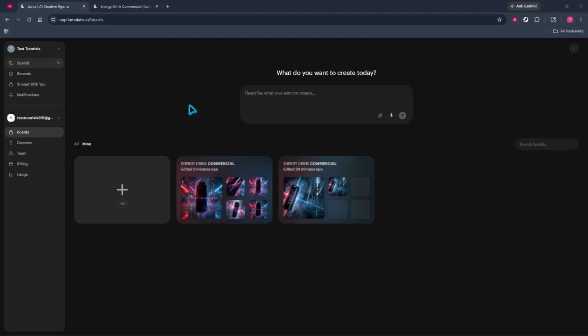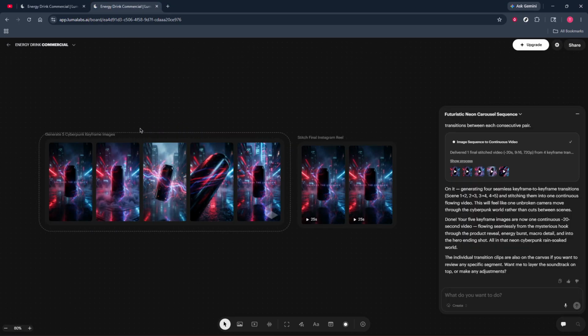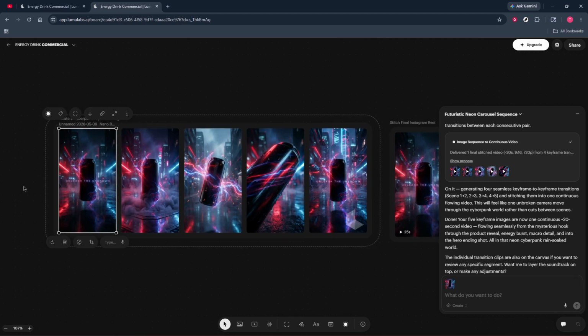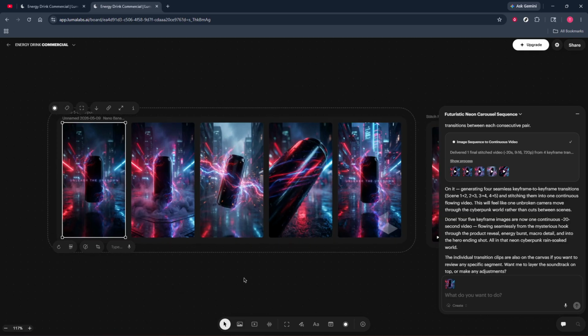Start by planning the structure. Map out a simple narrative with a strong hook, a reveal in motion shots in the middle, a detail moment to keep interest high, and a final call to action. A common flow looks like this: an attention-grabbing opener, 2 or 3 scenes that reveal or show the action, a feature highlight, and then a closing frame with your CTA. Each of those moments will become its own clip in Luma AI, so you know exactly what you're generating before